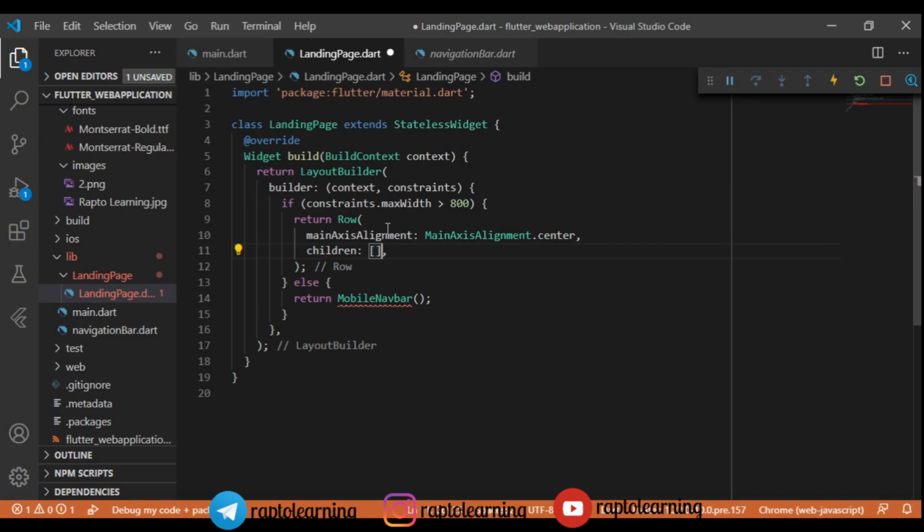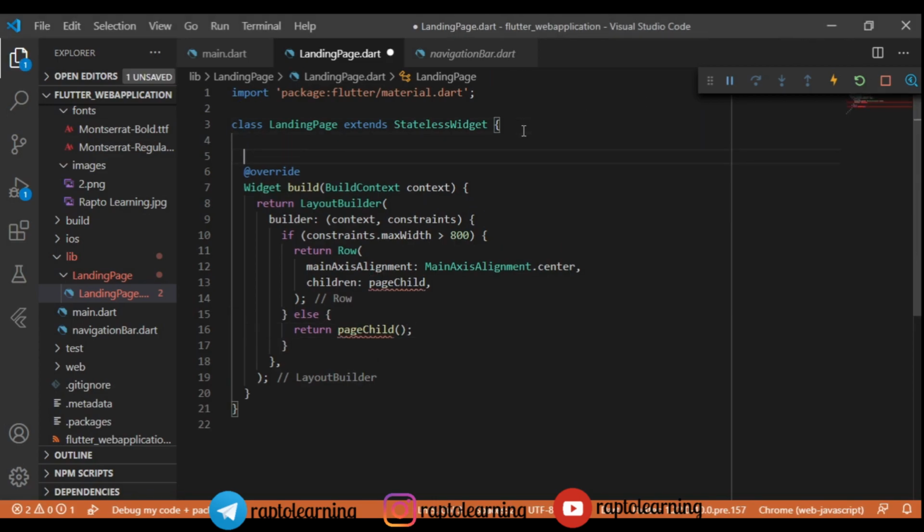So we will give it children, and in these children we are going to call a function, suppose the function name we are going to name it as pageChild, right? So here we will directly call pageChild for now. After that, if we want to modify that, we can.